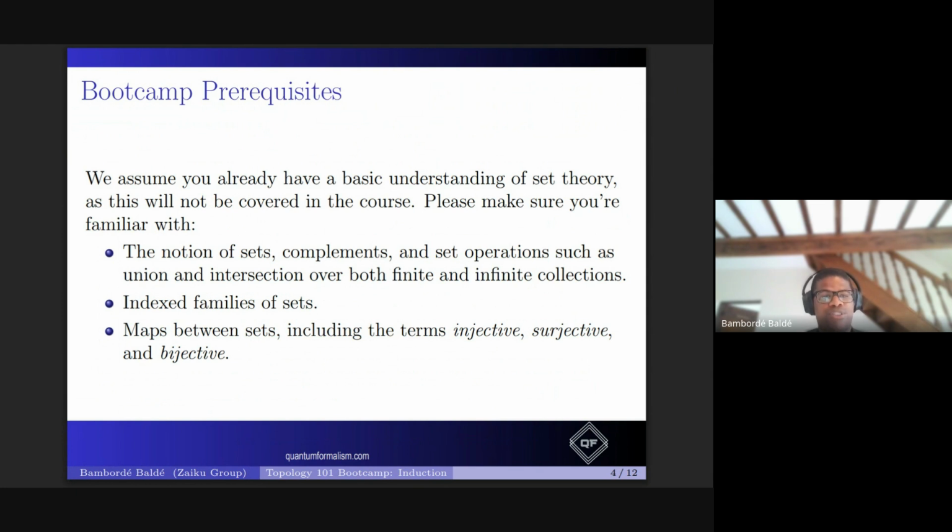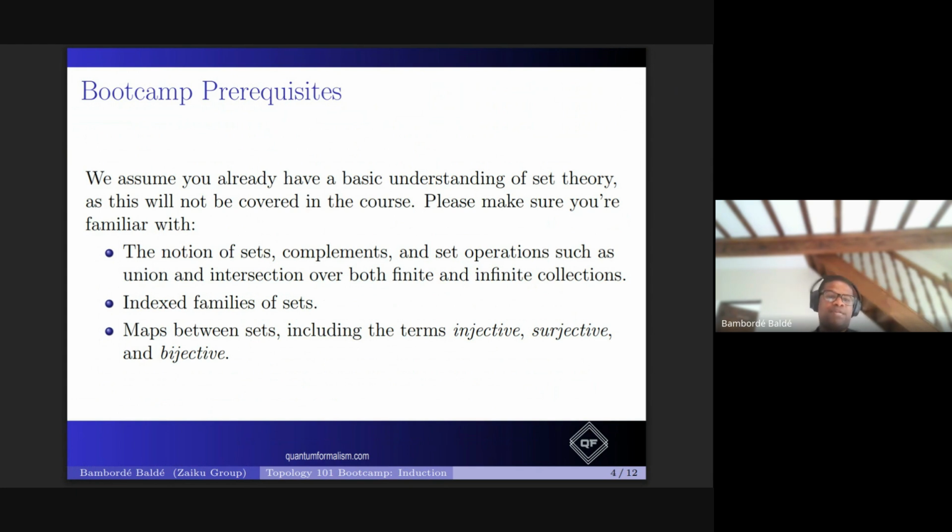Picking any set theory book, I'm more than happy. If you want some references on set theory, I can share some references with you. One of the best references is Naive Set Theory by Paul Halmos. It's a great book. It has all the things that you need for us, including the stuff that I mentioned, but also other things like maps, because you want to be able to go from one set to the other. In our case, we want to be able to go from one topological space to the other, just like you would do in linear algebra.